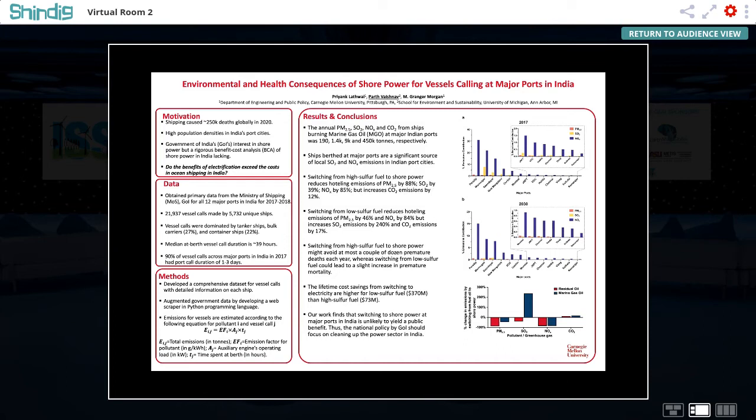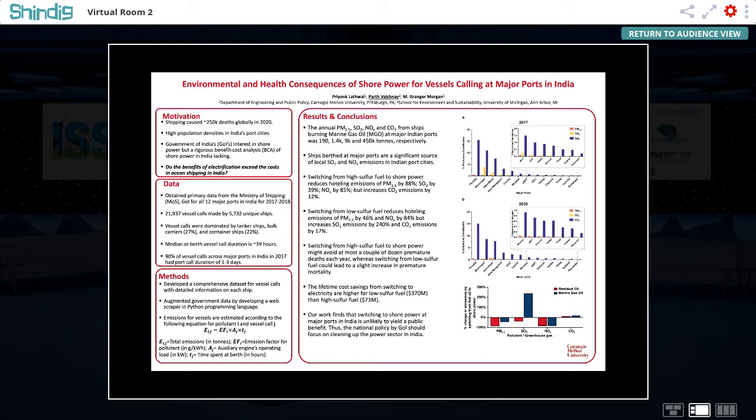Another part of the logic was that as of 1st January of 2020, ships in ports that are outside the United States and Europe are allowed to burn fuel with 5,000 parts per million of sulfur. In contrast, you're allowed to burn fuel with only 1,000 parts per million of sulfur in ports in Europe and North America.